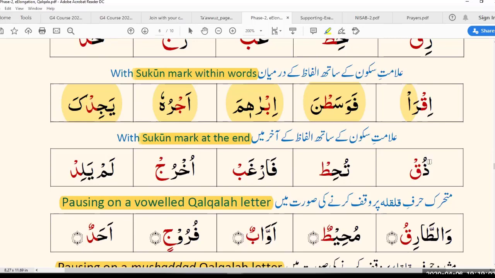Now these ones in the next line are the medium Qalqalah sounds, which is a little bit more pronounced Qalqalah, if you wish. The reason that they are the medium Qalqalah sound is because they are at the end of the word or at the end where you're going to pause. So again, qaf, ta, ba, jim, and dal. All of these are at the end, so they'll be a little bit more pronounced than the soft Qalqalah letters.